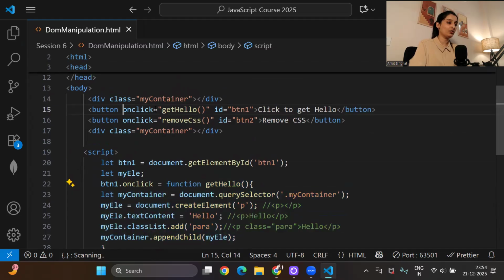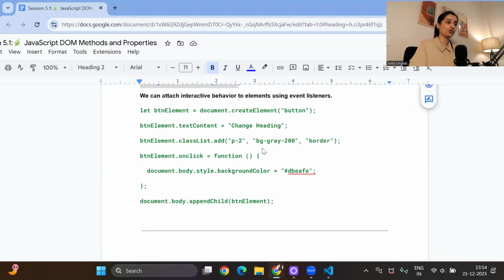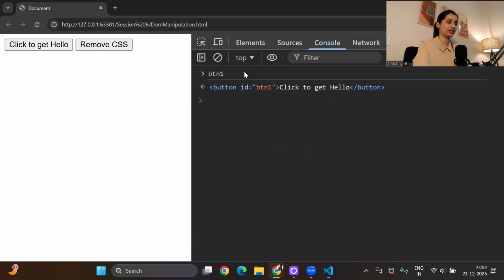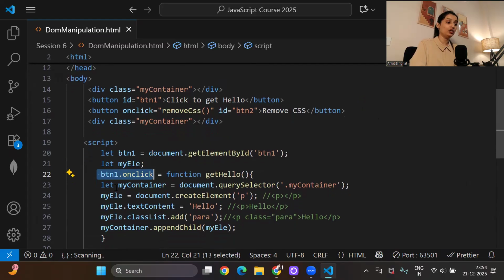Now we need not give this on click over here. See, this is pure HTML code. JavaScript code we will completely write in JavaScript. Now you can check the HTML code is completely separate, only a button with the ID button1. So I have mentioned target the element where ID is button1. So this complete button tag is present in the button1 variable. Let me show you practically. If we go to the console and write button1, see, the complete button is present in the button1 variable. So now we have mentioned when the user clicks on that button1 variable,